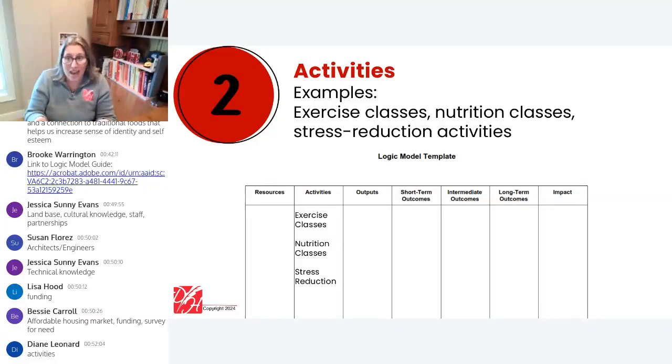So on the screen, I have my examples. For our example of that improved health, following through with our logic model from the resources I first shared, we know our activities will be, we're going to offer some exercise classes. We are going to offer some nutrition classes. We're going to have some stress reduction activities. Yet to be determined. I haven't figured it all out yet. Take a moment. Write it down. Brainstorming. Spelling doesn't count. Acronyms are fine. Or type it right into your document. And when you're ready, under my heading in the chat, please share at least one of your activities that you have placed in your logic model.